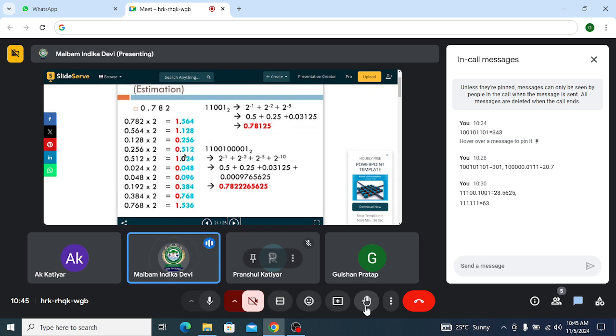In case the number given is a recurring one, then depending upon the question, if it says precision up to six places, then you count one, two, three, four, five, six. Up to here you can write. And if the question says up to four places, then one, two, three, four. So at this point you can stop. Understood what I'm trying to convey?